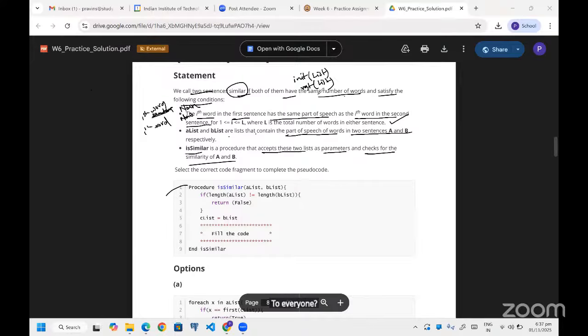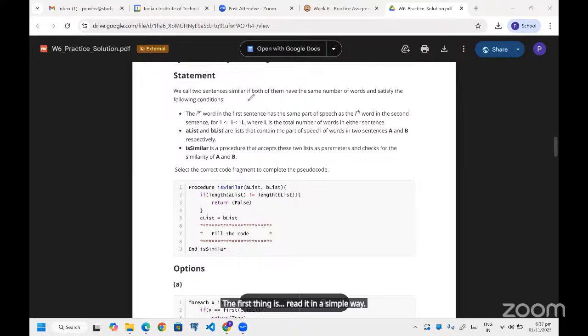Okay. The first thing is, I'll rewrite it in a simple way. The first condition is the same number of words in both sentences.